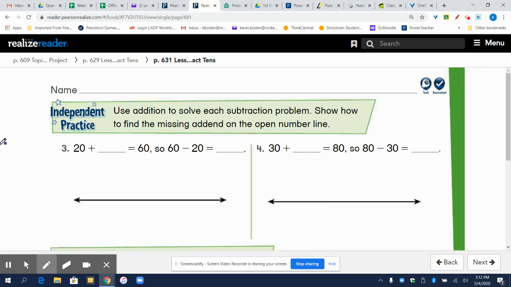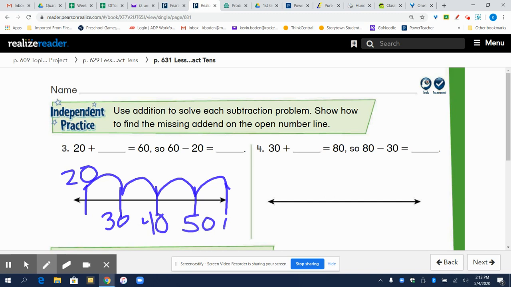But what you have to do for this one, it says 20 plus how many equals 60. So I'm going to start at 20, and I'm going to try counting all the way up to 60. So after 20 is 30, 40, 50, 60. How many 10s did I add on to there? Well, let's see. 20 plus 10 more is 30, so 1 10, 2 10s, 3 10s, 4 10s. I'm going to double check that to make sure I stop at 60. After 20 is 30, 40,